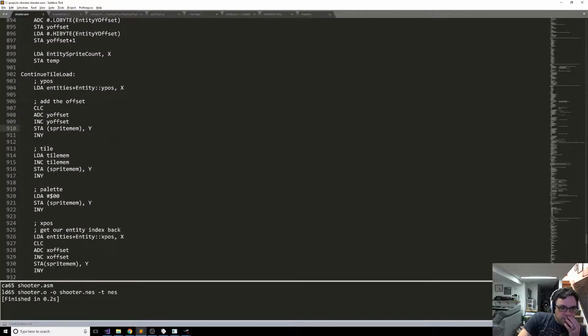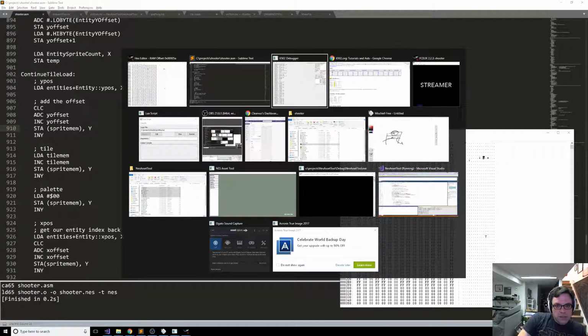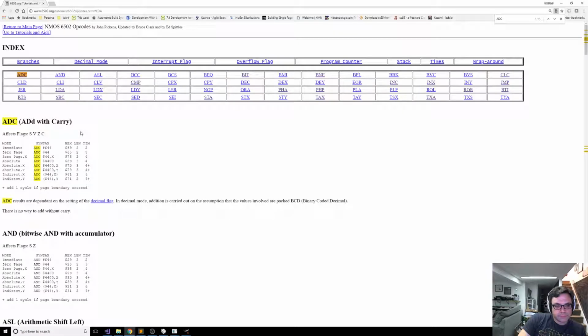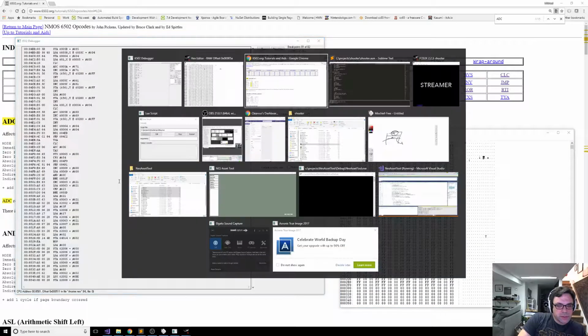So it's essentially, we're running into the same problem now. So sprite mem is doing it right because it's using Y to index indirectly off the pointer. For some reason I just had it in my head that we could,